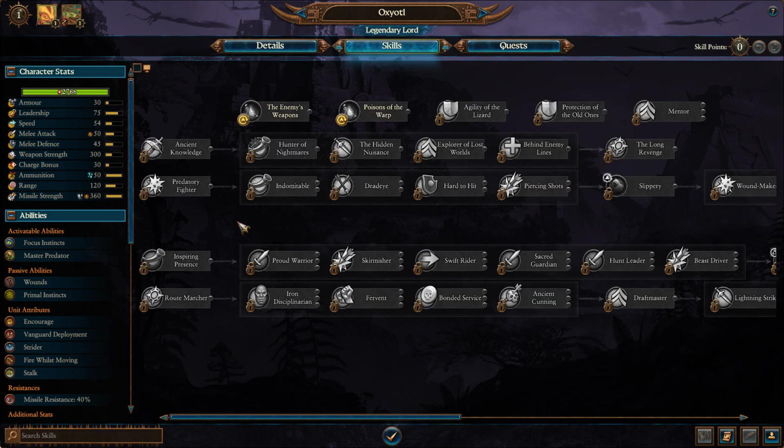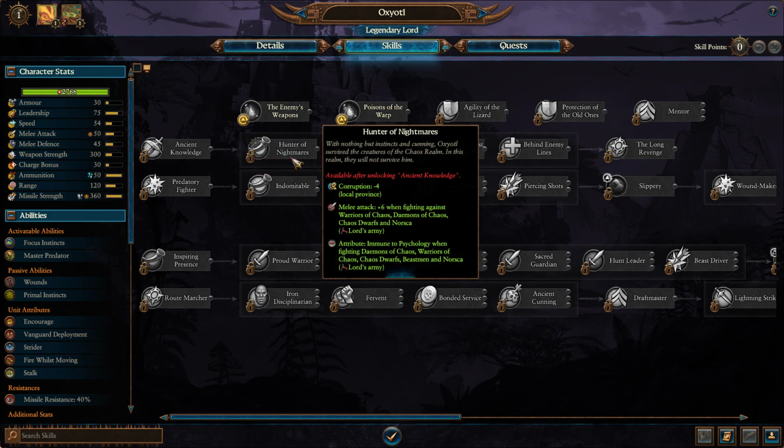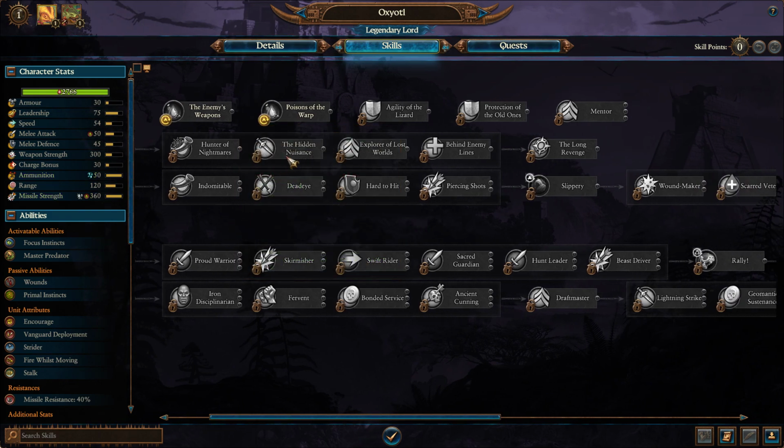Then skill wise, we have one Sanctum gem per turn, and then we get research rate increase, which is nice. Minus corruption, and then obviously he likes to fight all the quote evil factions. Then